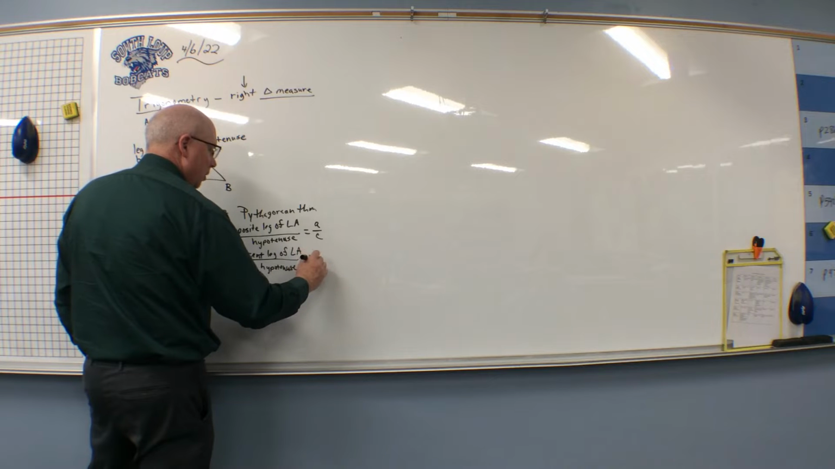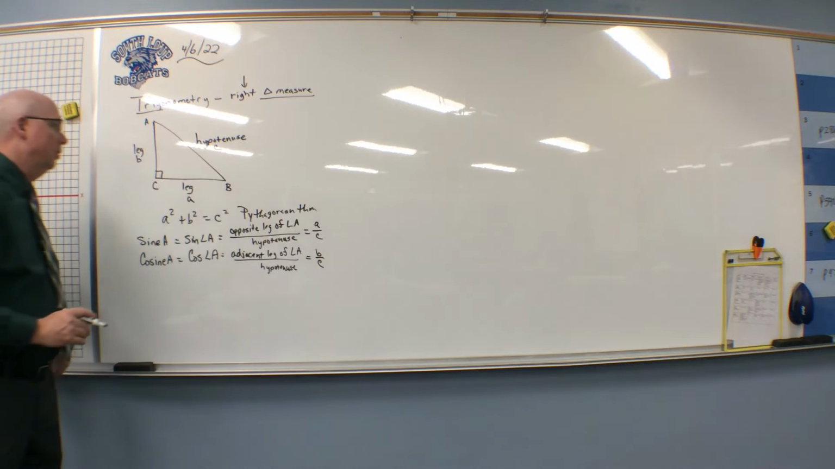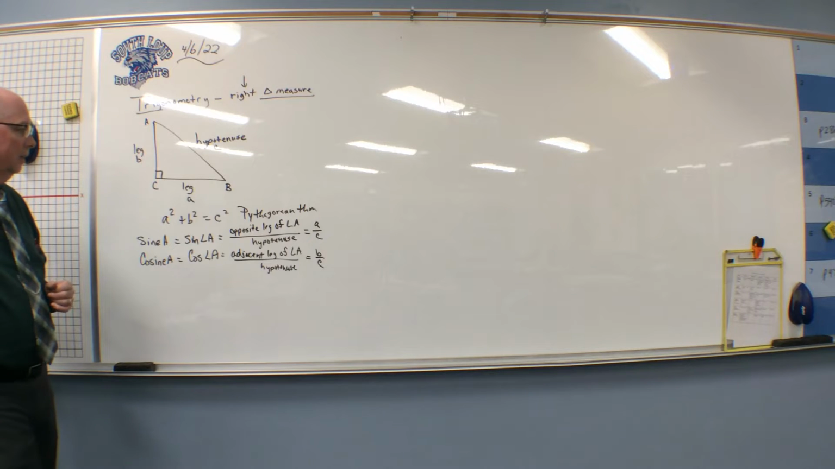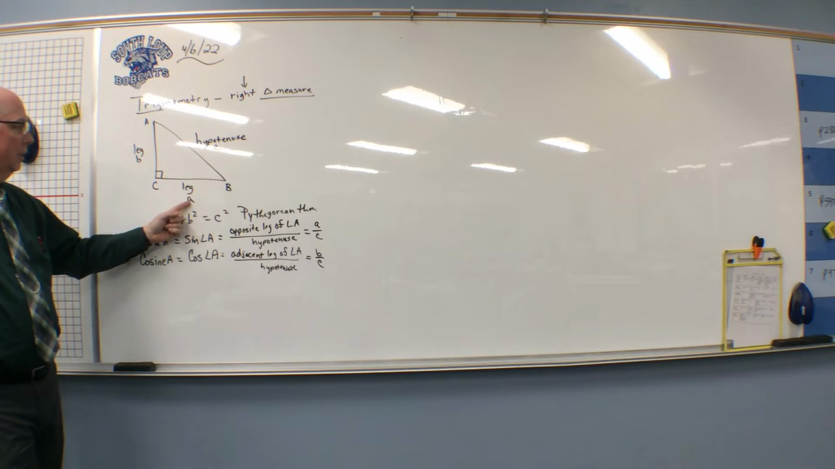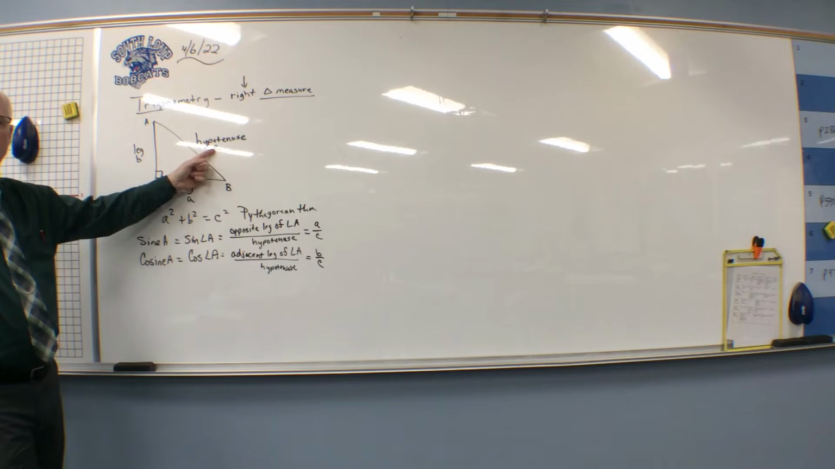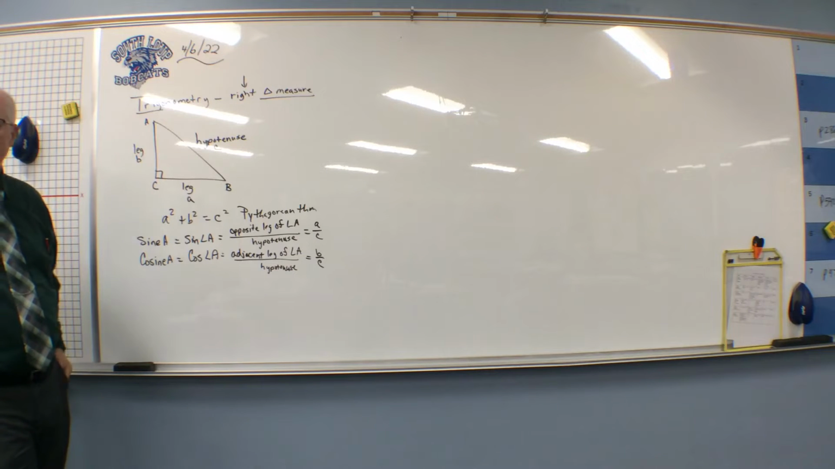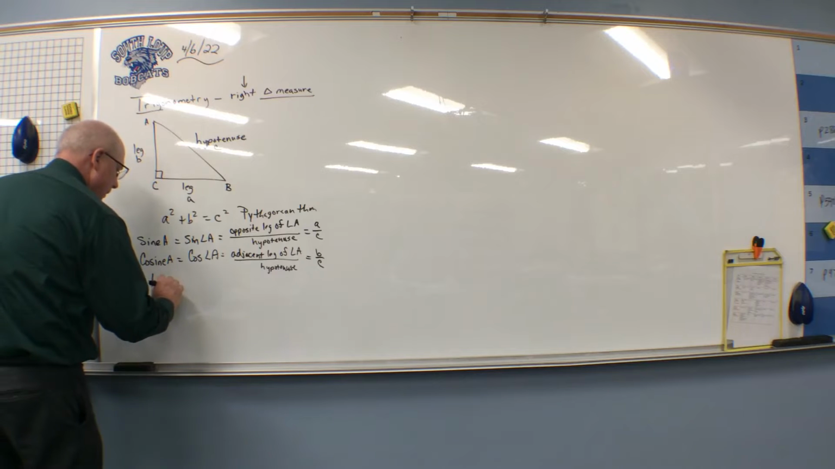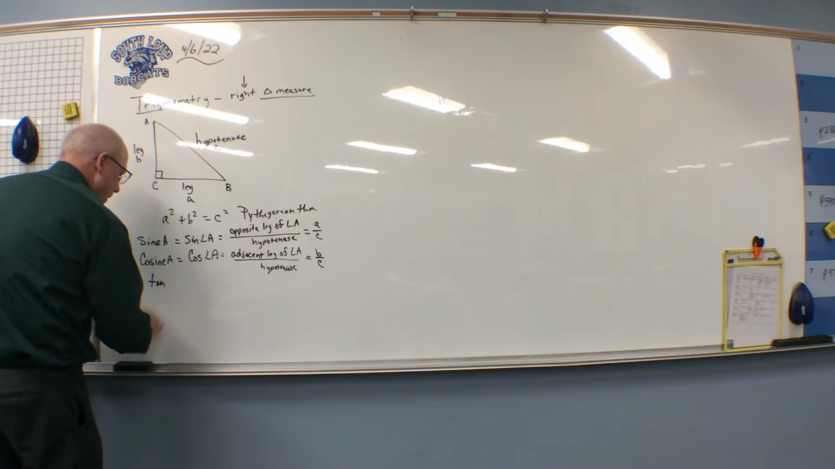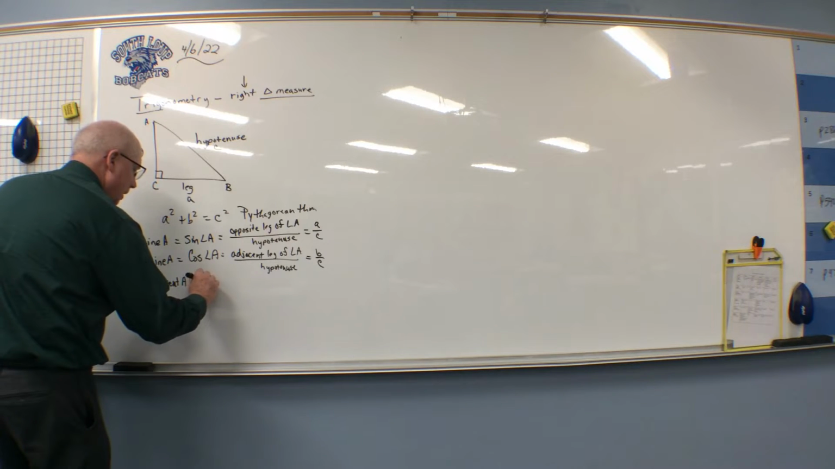Okay, so the adjacent would be little b over c. Now, if I took the cosine of angle B, it would be this adjacent leg A over C. You understand? So it depends on what angle I'm taking it at. Okay? Finally, if I take the tangent, T-A-N, the tangent of angle A,